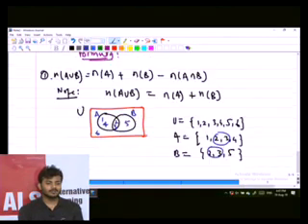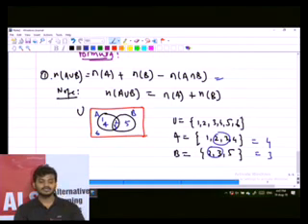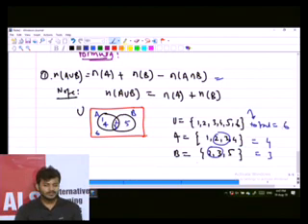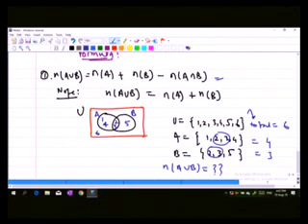Now this everybody knows. Yes sir, we can do this. Plotting is one thing, but I am asking what is the cardinal number? This is 4. This is how much? 3, right? This total is given as 6. My question is, what is the answer for this A union B? Can you tell me what is the answer from the given diagram? Then we will think of the formula, right?